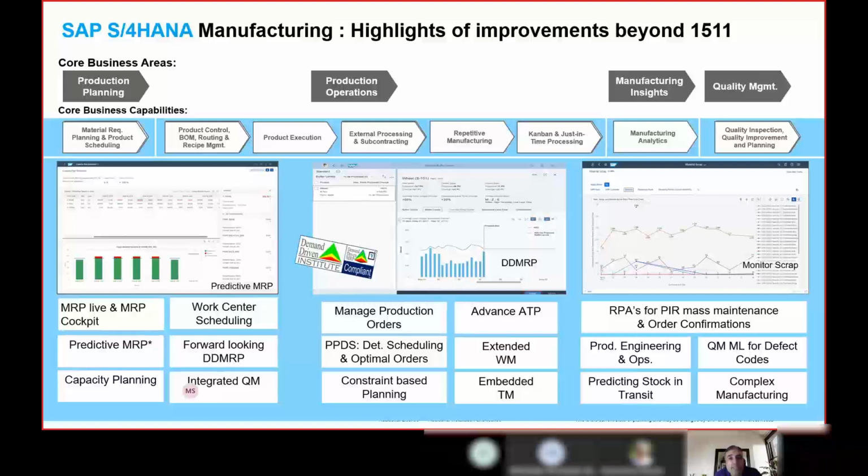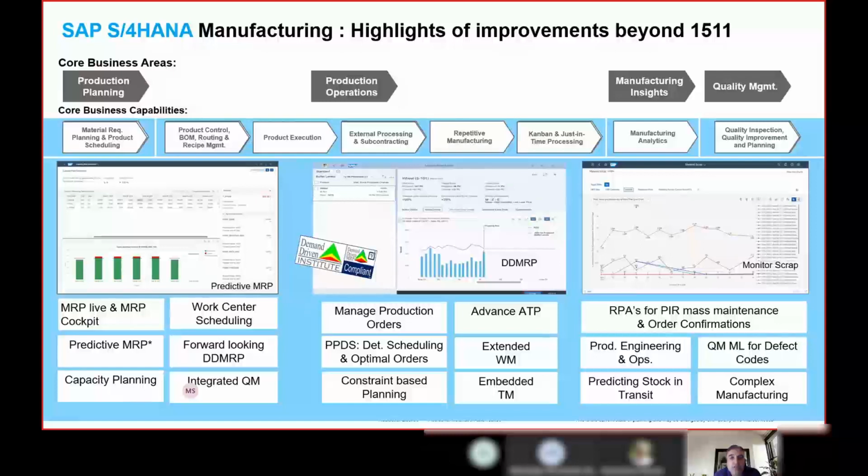Here also we are talking about leveraging the new technologies with regard to RPA or ML, where we are predicting the stock in transit. Say, for example, we have multiple locations, multiple plants, and materials are moving using stock transfer between locations. If I have a view of by when my materials will be delivered, obviously it will help me in having more efficient planning. So predicting stock in transit helps you in identifying by when the material, a finished good or a raw material will be delivered to my different locations.